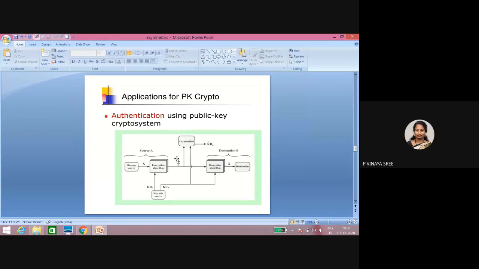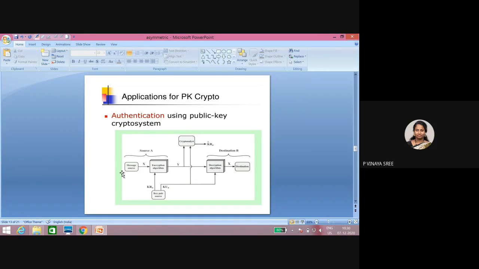Okay. So let me show here Alice and Bob. Authentication using public key cryptography. So here source A, destination B, message encrypted with the private key of A. The other side you have to think, if you are encrypting with the private key of A, is it possible for Bob to decrypt with the public key? Yes, it is possible. But if you encrypt with the public key of A, it is not possible for Bob to decrypt with the private key of A. So think about that. Public key is broadcasted, private key is only known to the users.